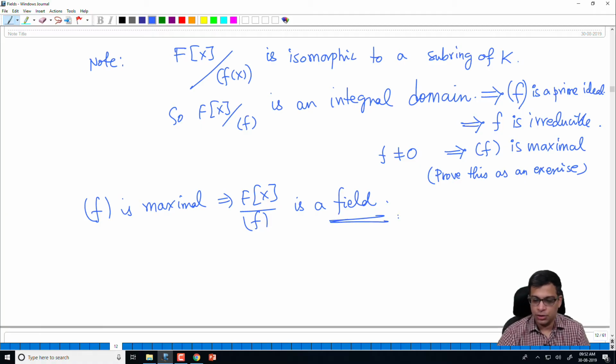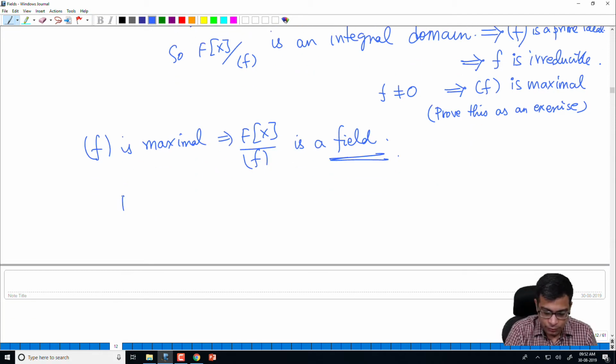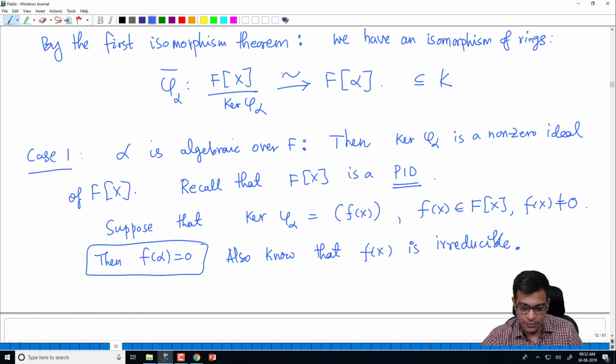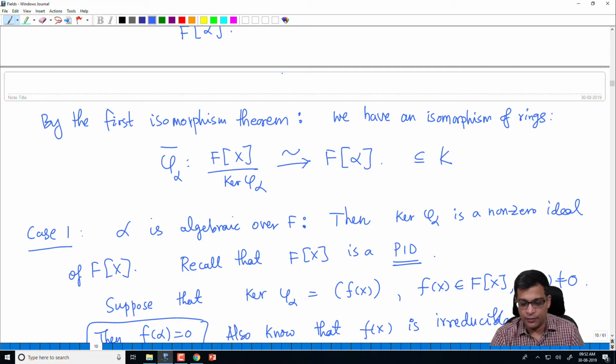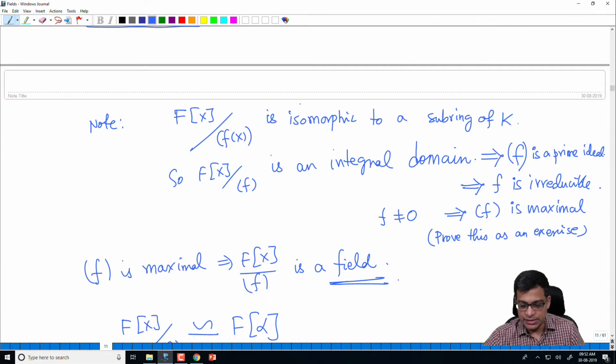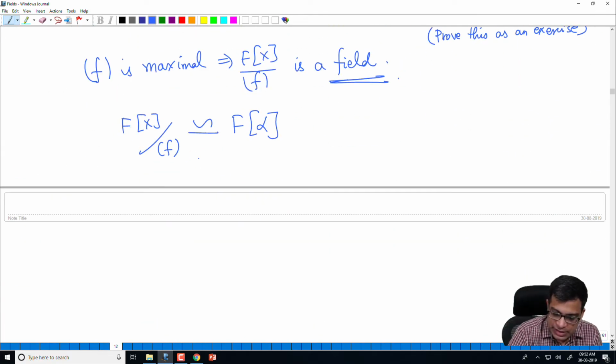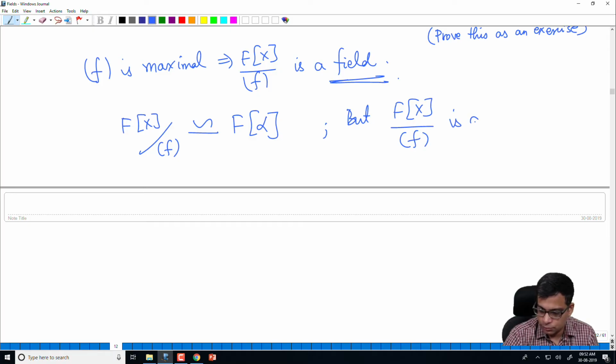So now let's take stock of where we are. We have F[x] modulo f is isomorphic to F[alpha]. That comes from before. The first isomorphism theorem said F[x] mod kernel is isomorphic to F[alpha]. The kernel is small f. So F[x] mod small f is isomorphic to F[alpha]. But this is already a field. So you have a field, and another ring which is isomorphic to that field as rings. So F[alpha] is a field,